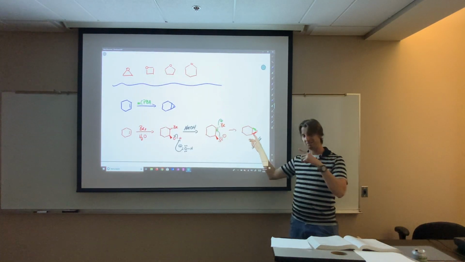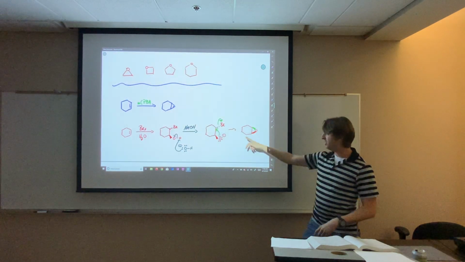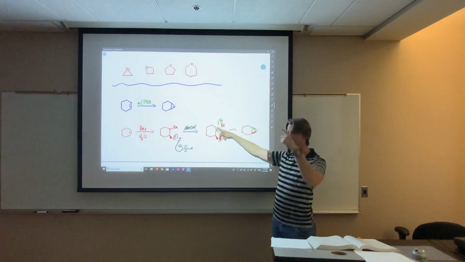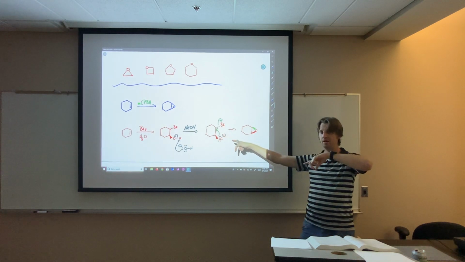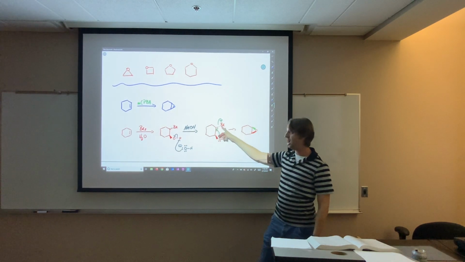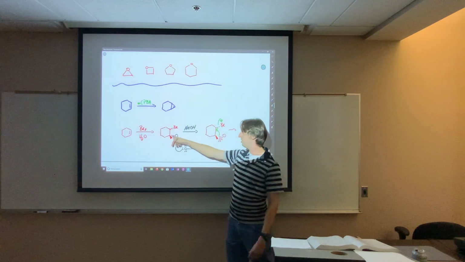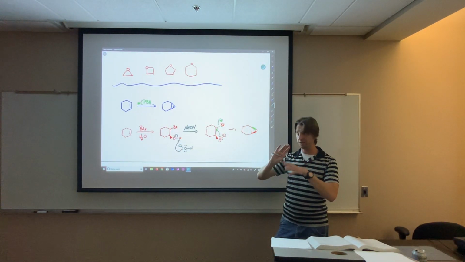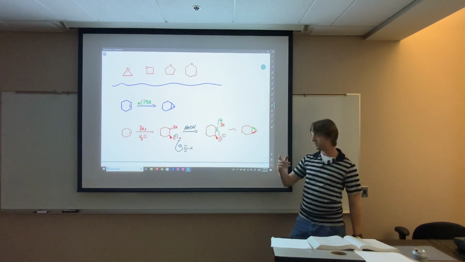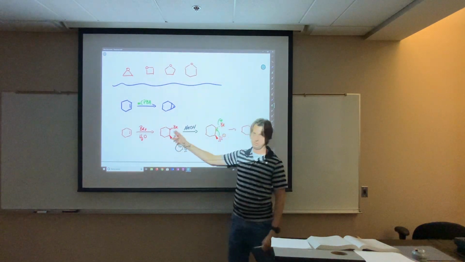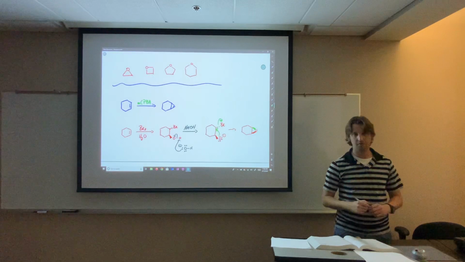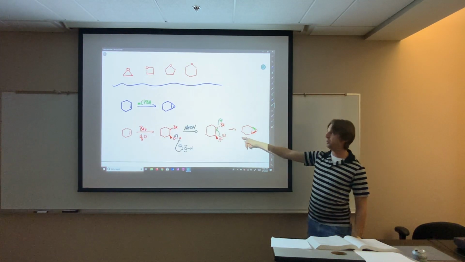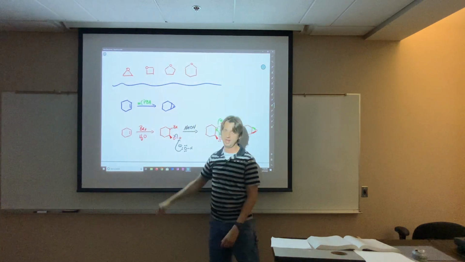So these are two wedge bonds here, right? So this is going to attack, remember it's an SN2, right? This oxygen comes in on the opposite side of the leaving group, okay? This reaction can't happen if these are cis to each other, okay? So if they're on the same plane, then this can't happen, okay? But fortunately, when we do this reaction, they always come in anti to each other there, okay? But cool, there's another way to make an epoxide. Why would I do this way versus this way here? The answer is,